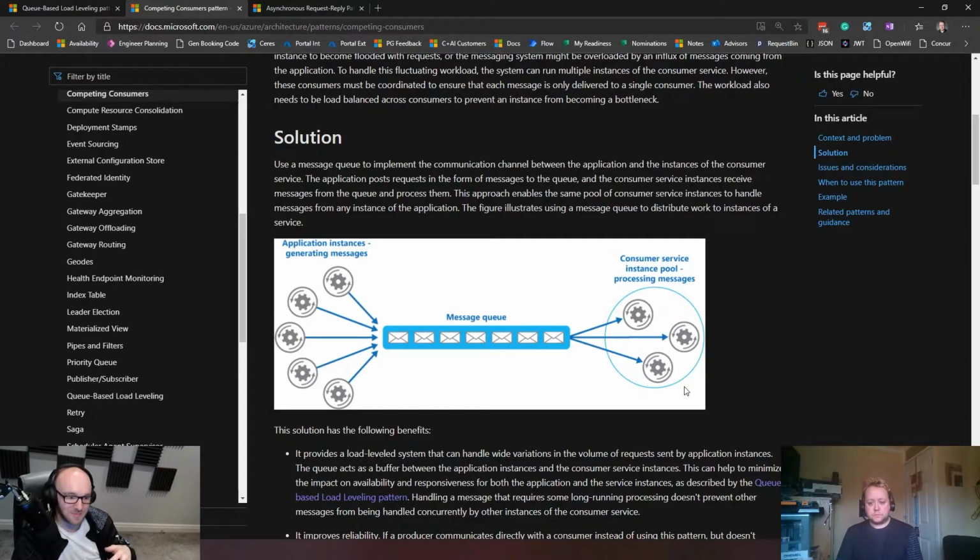Then that's a different problem. But 2, you're not overwhelming that database as quickly because of something like a queue-based load leveling pattern, and you're starting to bring that pressure down a bit. But what we're talking about with this pattern is the more you scale out that right-hand side, you're turning a dial on how much pressure you're going to be putting onto that back end once again, and that's just something you need to think about, the dynamics of that as you change those settings.